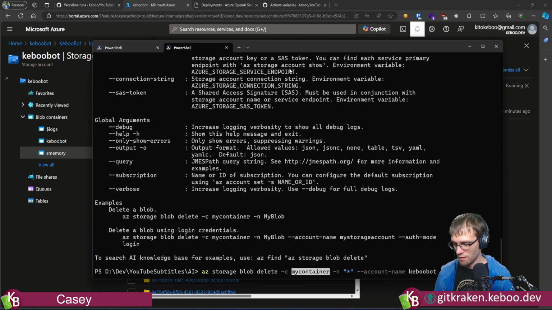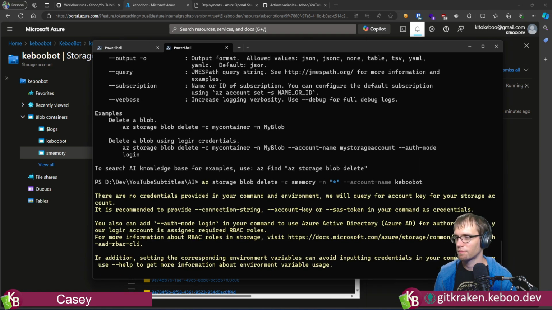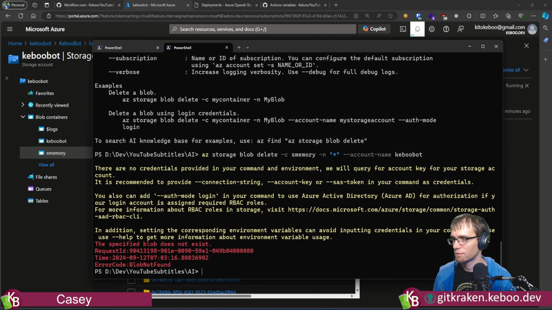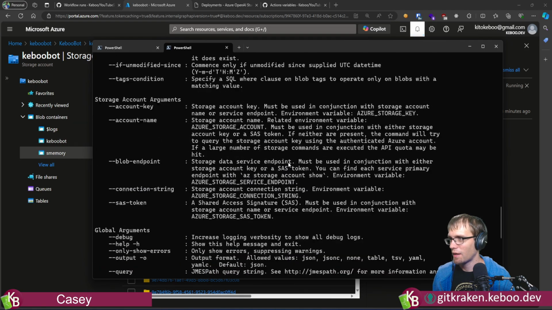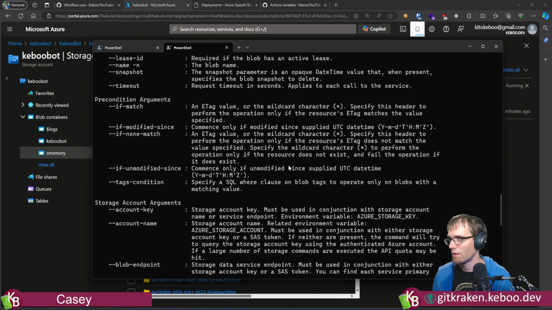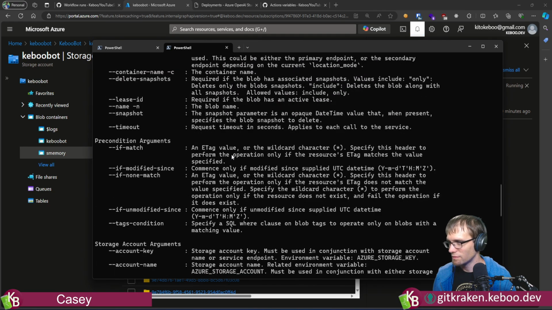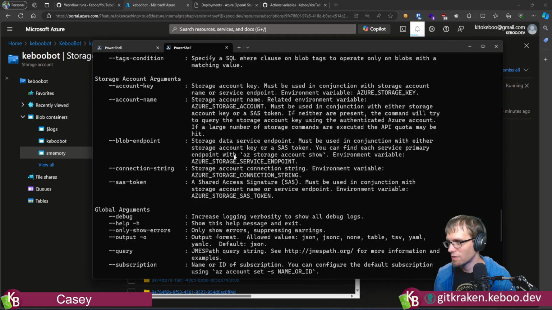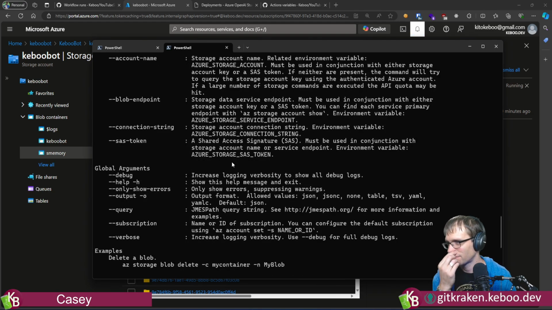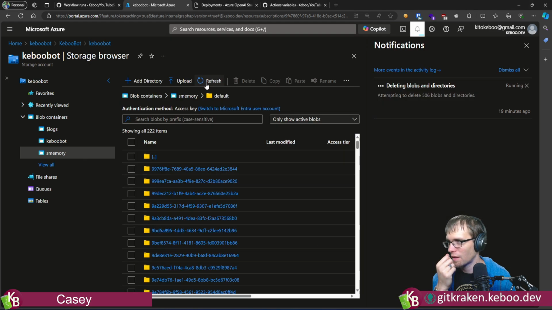And then the container will be memory. Specify blob does not exist. Well, I kind of want to just delete them all. Let's see here. If match, if none match. We could go through and, yeah.